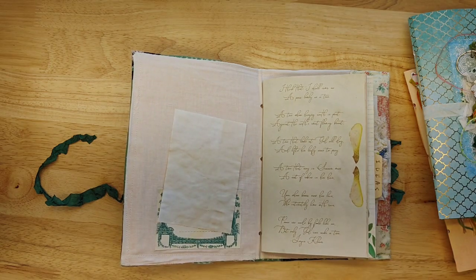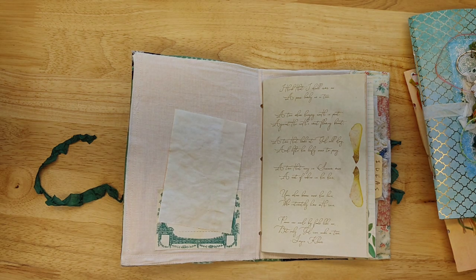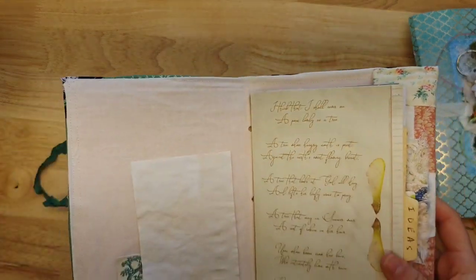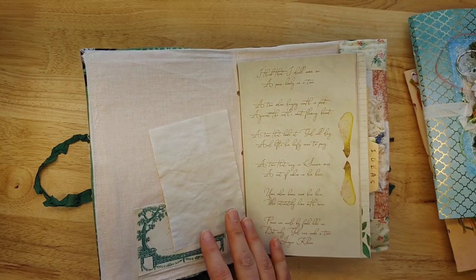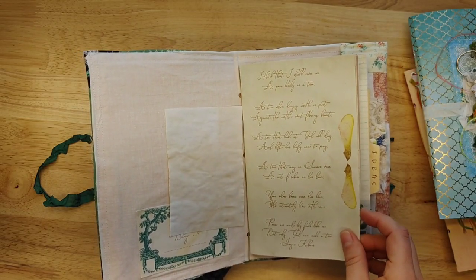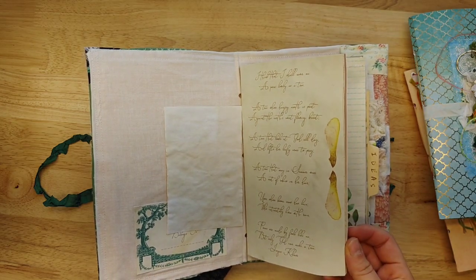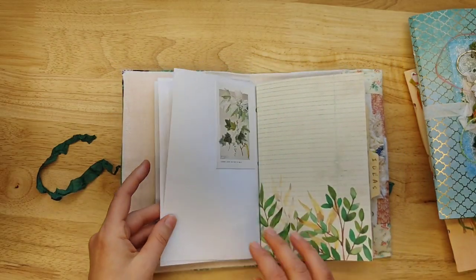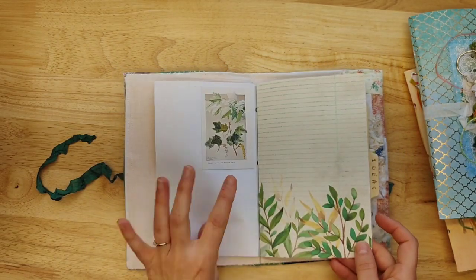And this is the poem Trees by Joyce Kilmer. And I used that when I was designing it. I think that I shall never see a poem as lovely as a tree whose hungry mouth is pressed against the earth's sweet flowing breast. A tree that looks at God all day and lifts her leafy arms to pray. So beautiful, beautiful poem. If you love nature and trees,